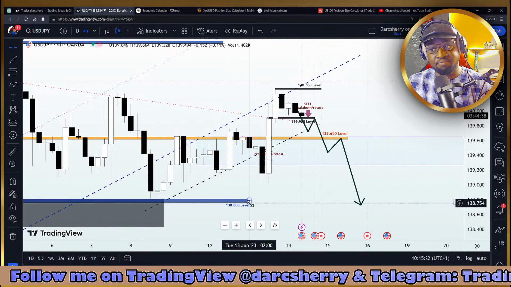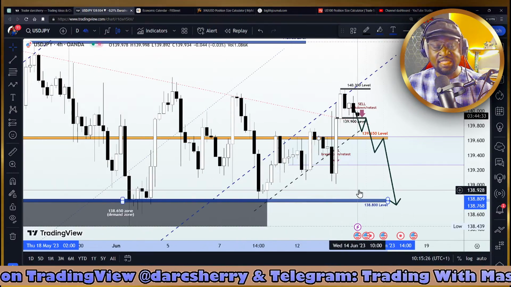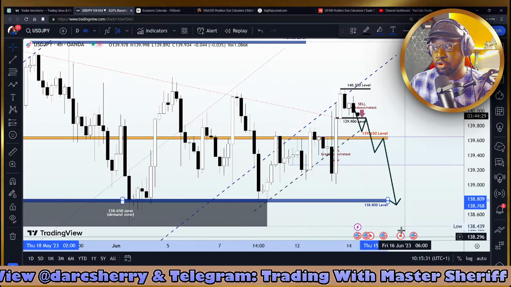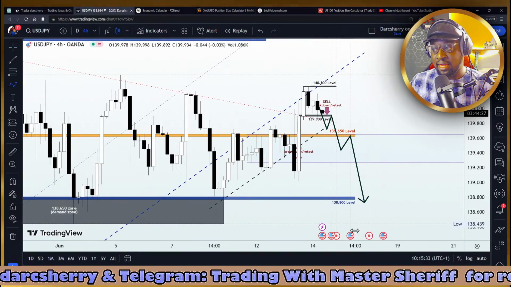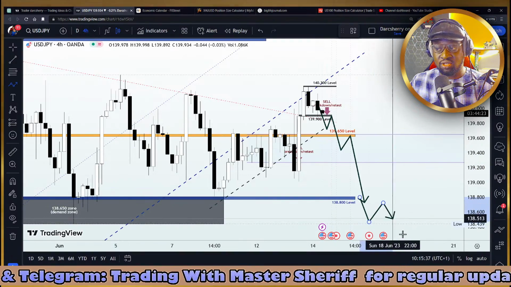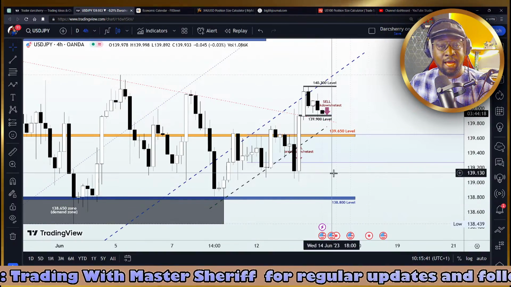Then you could have your TP target around the 138.800, where depending on how price action reacts to that level will now determine if we are going to be buying again, that is buy pressure resumes, or a breakdown will welcome opportunities to sell. So that is my view on the USDJPY today,